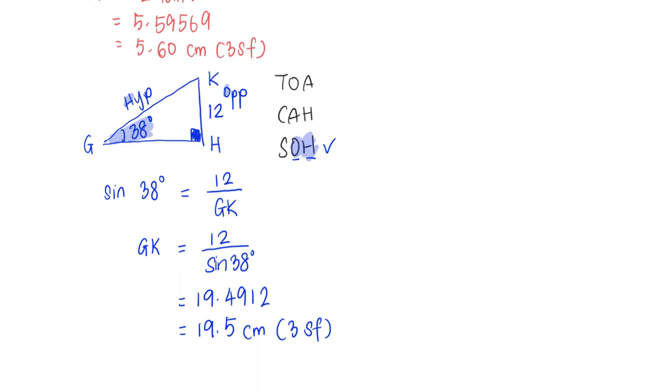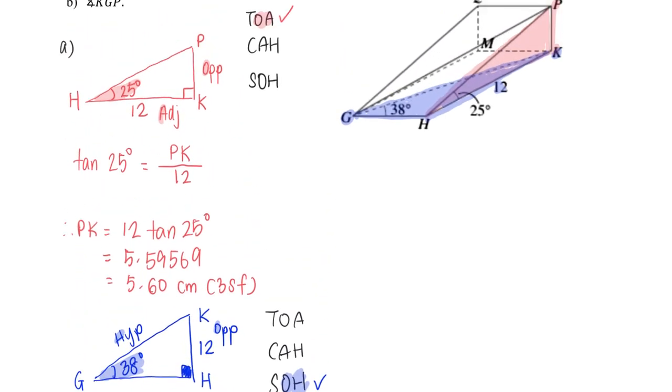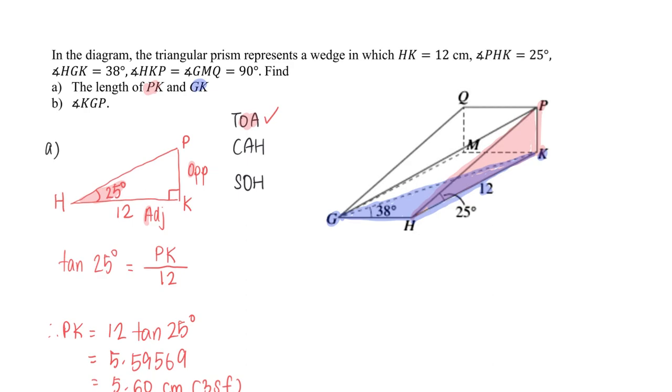Now, going back to the question, we are required to find KGP. So KGP is this particular green color